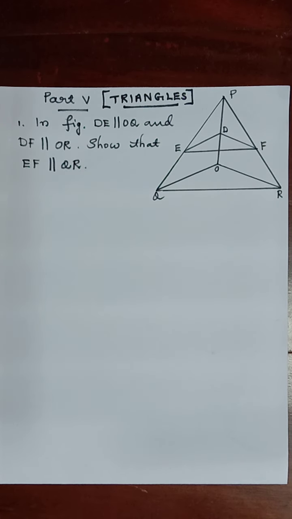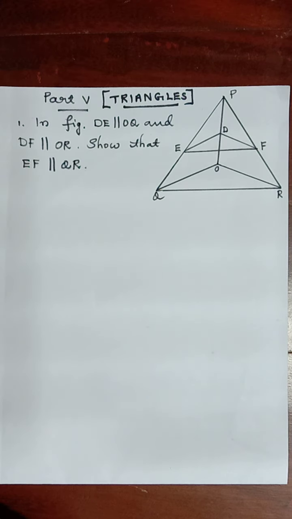Before discussing this, let us revise the basic proportionality theorem and its converse. Do you remember the statement of the basic proportionality theorem? If a line is drawn parallel to one side of a triangle to intersect the other two sides in distinct points, the other two sides are divided in the same ratio. Here, it is given a triangle ABC in which a line DE is parallel to BC, such that AD by BD is equal to AE by EC.